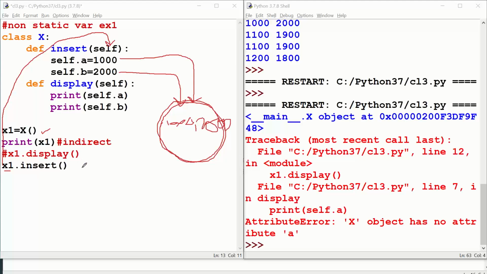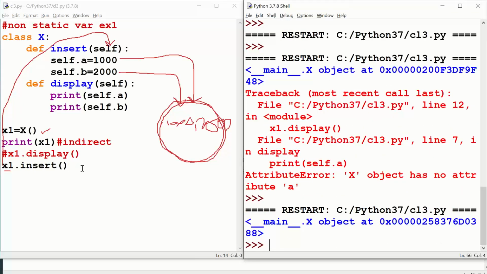Let me execute. Print x1 shows the indirect address of your object, and then x1.insert. I executed x1.insert and it pushed a couple of values into the object, but nothing is showing in the output because you have not called the display method, right?